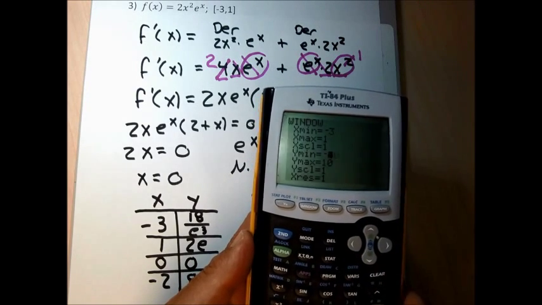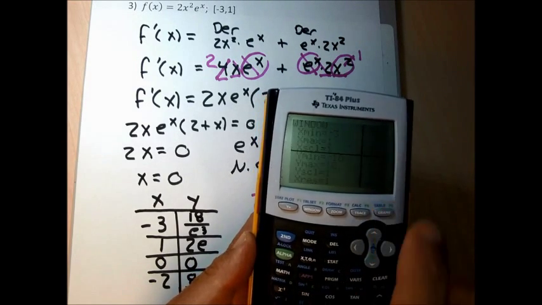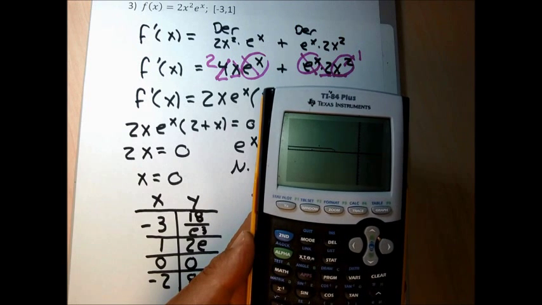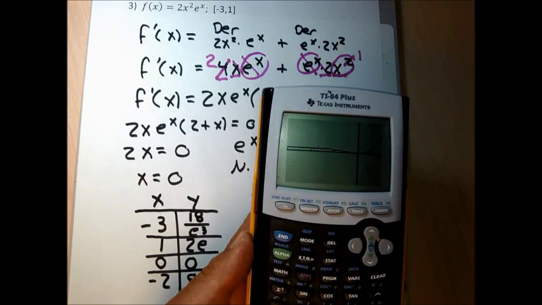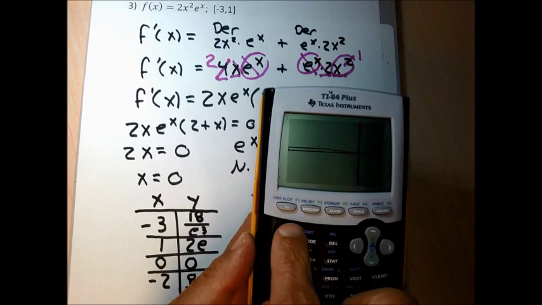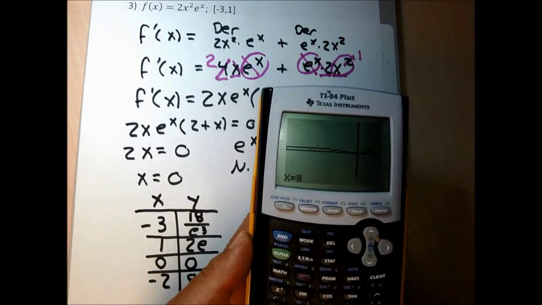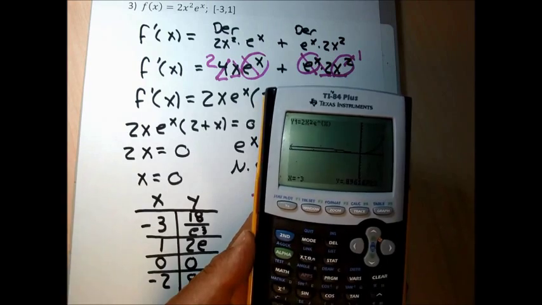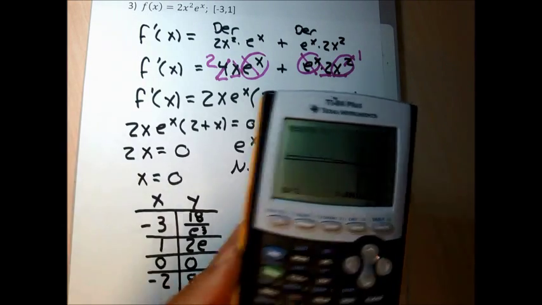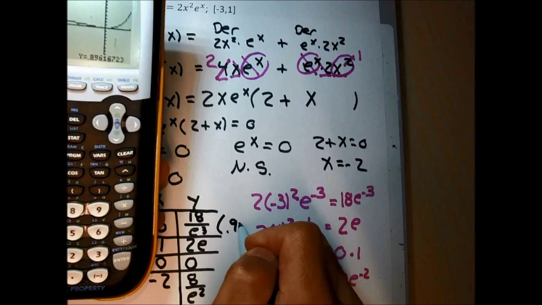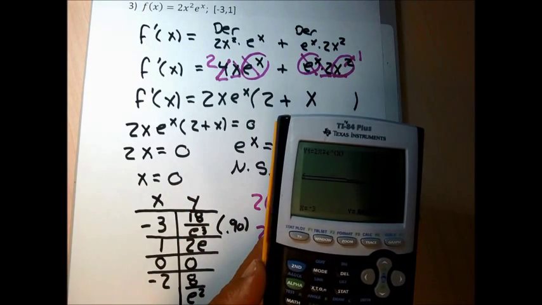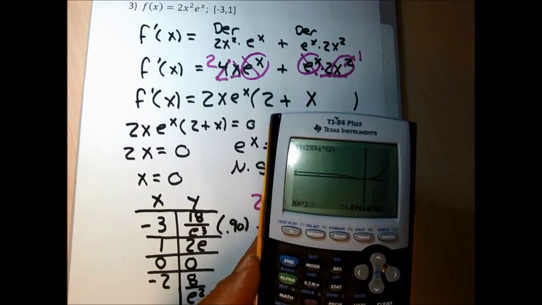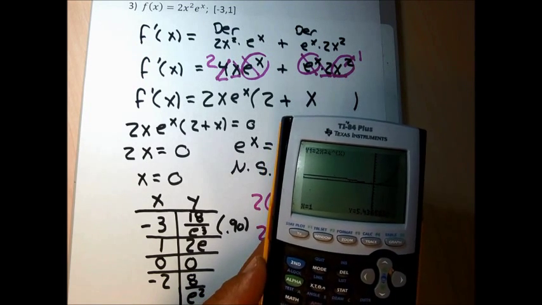I'm going to make my y's go from the 10s again. I don't know if that's good or bad, but it just is. It's probably not even the best window. It probably needs to be, well, I'm not sure what it needs to be, but I can get the y values real quickly here by going second calc value negative 3. And for negative 3, I'll say that's 0.90. So this decimal, 18 over e cubed is about 0.9. Now I'm going to go 1 and hit enter, and 2e is about